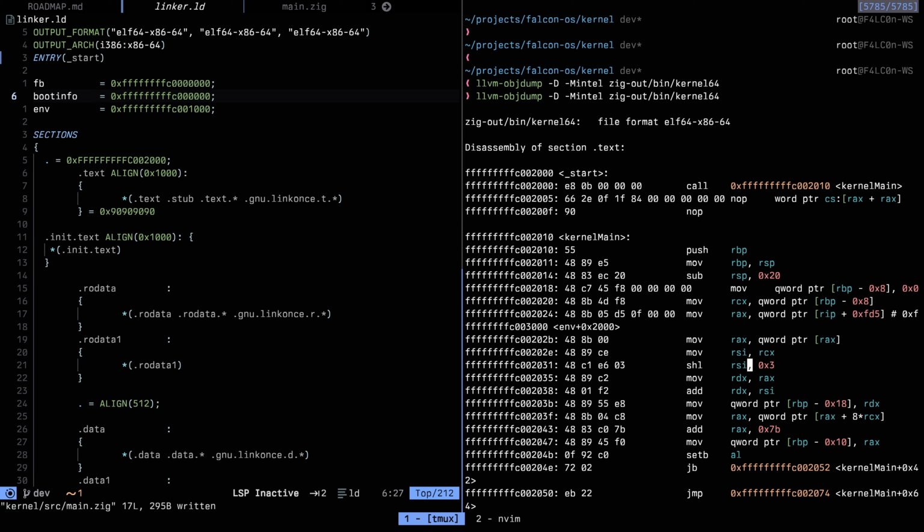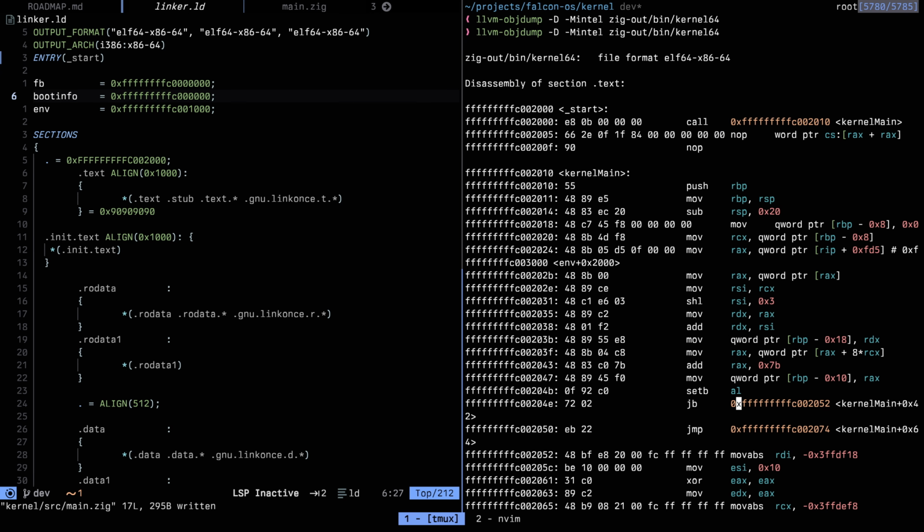What? Okay. And we are moving RDX. So, okay, so this is debug. There are a lot of instructions that can just be coalesced there. And we go around again. Oh, right. So all these instructions are just for this, so that we can do RAX plus 8 times RCX,